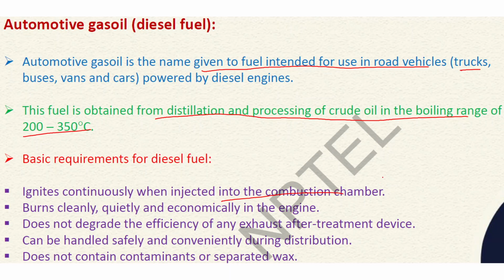So this is the diesel fuel. As we have discussed earlier, there is a delay period in the diesel engine from the injection time to the combustion time. That delay period should be as low as possible. If that delay period extends, that may cause knocking in the engine. The diesel fuel should ignite continuously and smoothly, for which the cetane number of the diesel fuel should be high. It burns cleanly, quietly, and economically in the engine, and does not degrade the efficiency of any